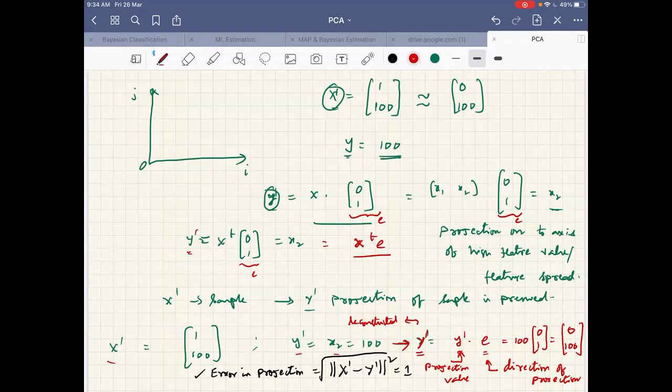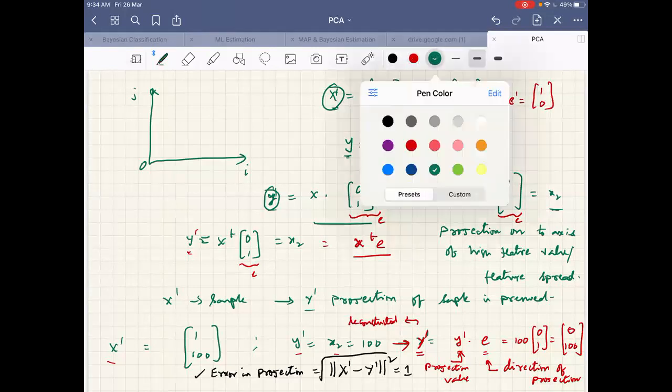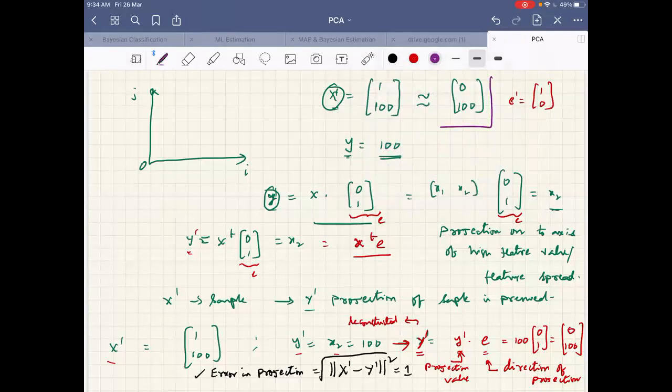But if I define E dash as 1, 0, then what error may I get in projection? Do I get higher error or lower error? Higher error, sir. How much higher? You'll get 10 as the error. Yeah, in fact we will get 100 as the error.